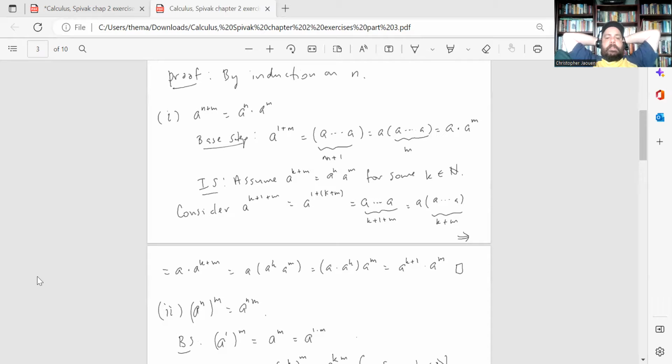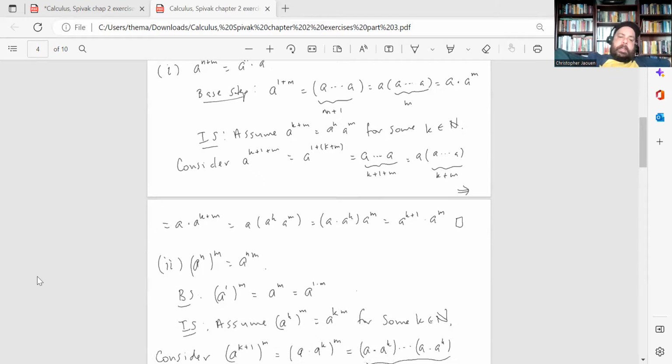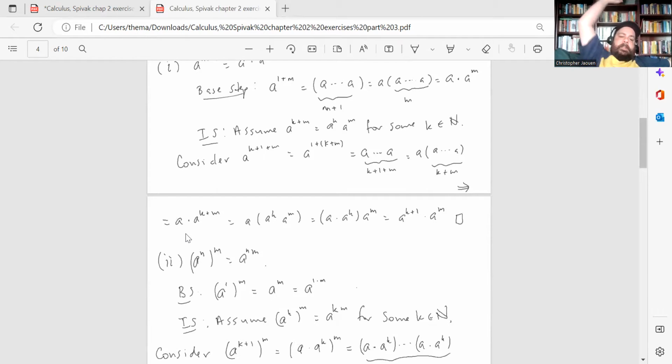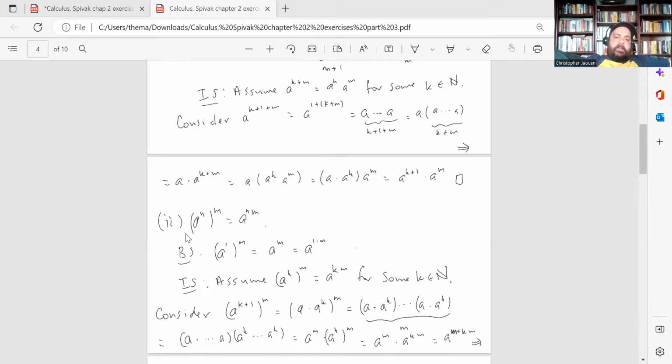And then you could rearrange things by associativity. That's a times, in parentheses, a times itself k plus m times, which gives you a times a to the k plus m. And then by the inductive hypothesis, that's a times a to the k times a to the m, which is a times a to the k when you move the parentheses by associativity, and that's a to the k plus 1 times a to the m, and that shows that it holds. And similar type of thing for the other